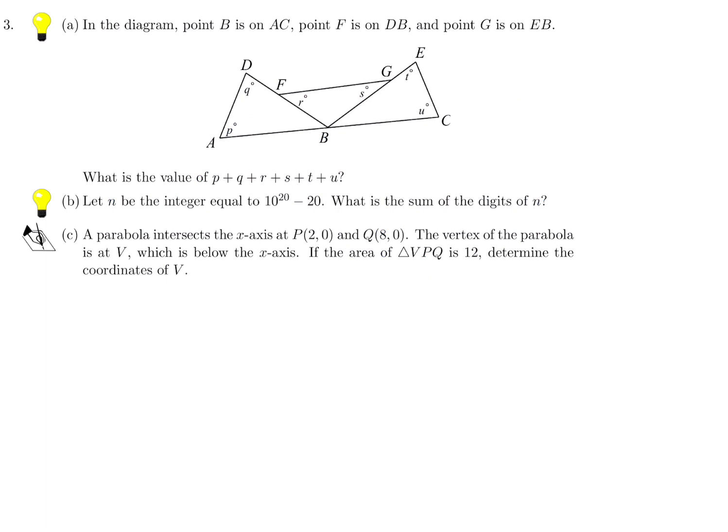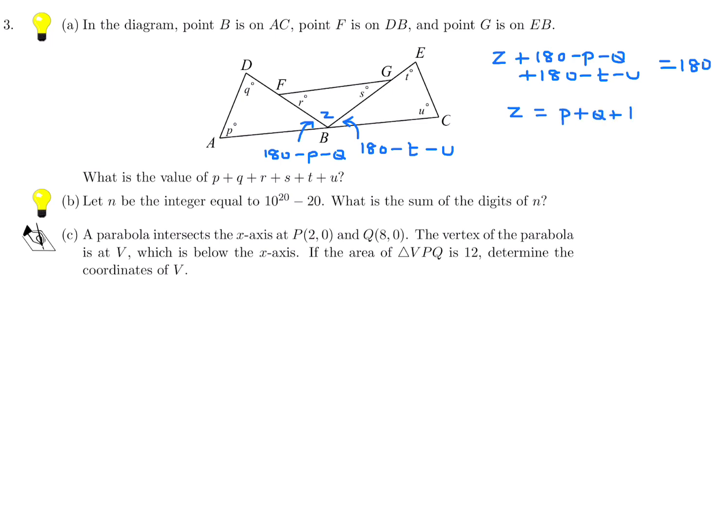In the diagram, point B is on AC, F is on DB, and G is on EB. What is the value of P plus Q plus R plus S plus T plus U? Okay, we have to do a little bit of angle chasing here. This angle in there will be 180 minus P minus Q. This angle in there will be 180 minus T minus U. And this angle here, if I call it Z, plus that 180 minus P minus Q plus that 180 minus T minus U, all of those add up to 180 because they're all angles about one line. So with this one, we get that Z is equal to P plus Q plus T plus U